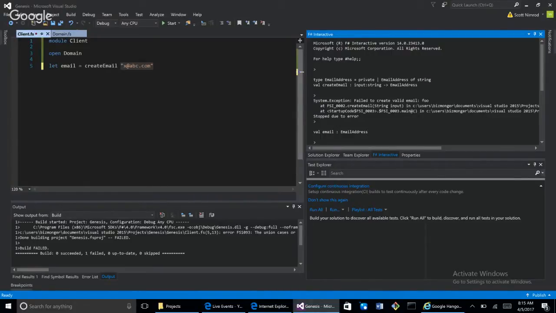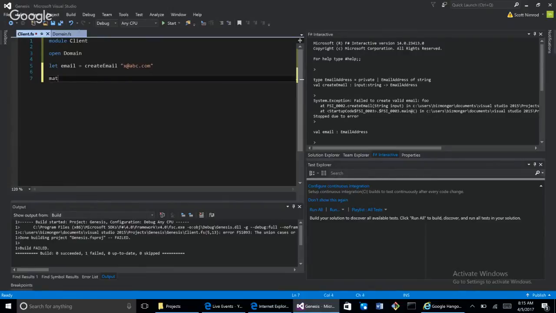Anyway, so what if we do this? We can say match email with email address value. And then we could say printf this right here, and then value, right? So we could say successful that,